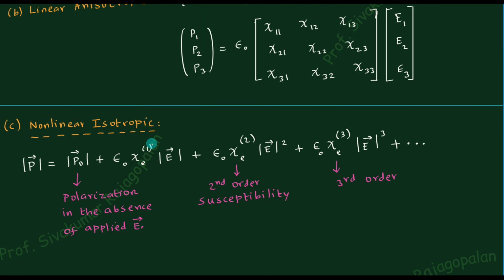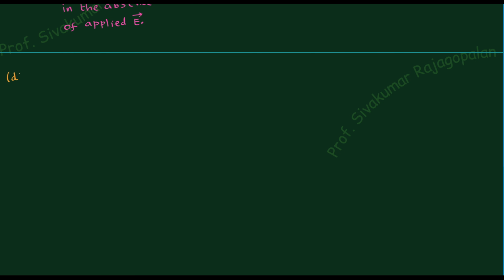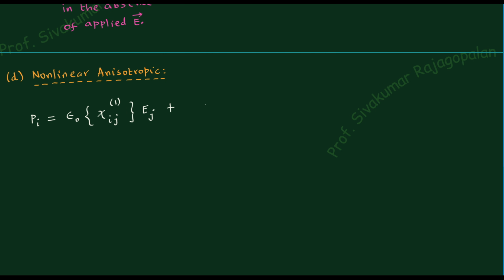So the third option is over, and then we'll move on to the fourth one. The fourth one is what we say the nonlinear as well as the anisotropic situation, and here we will bring in the tensors. So I'll write down the chi-ij, and that is the first order, and then you have the electric field. This is for clarity. And then coming to the second power, since this electric field is common, I'll put the bracket outside because the electric field is common, right?